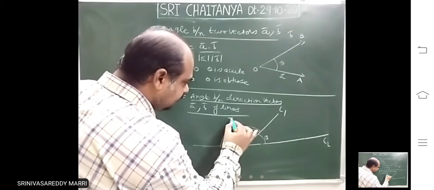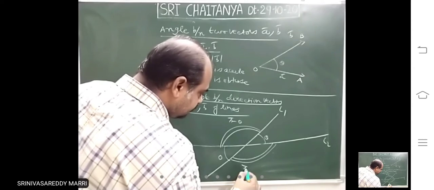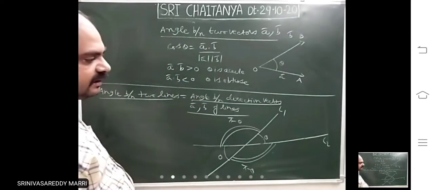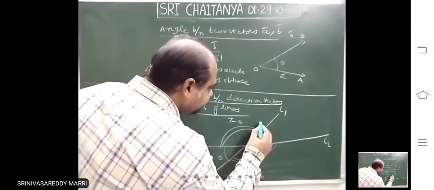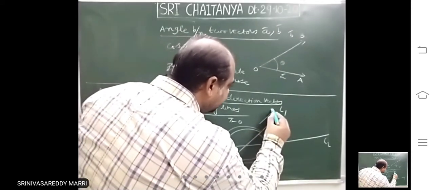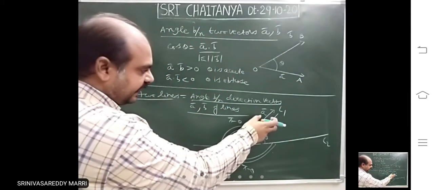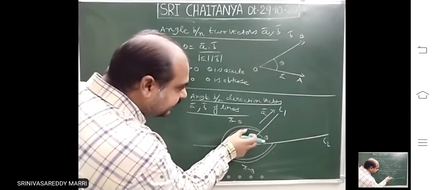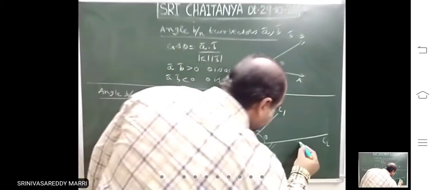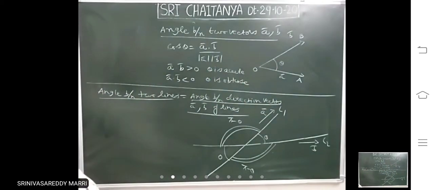Then this angle is what? Pi minus theta. This angle is also pi minus theta. If one is an acute angle, the other will be an obtuse angle. Now look at it, the line has a direction vector, A bar. For the line, there will be a direction vector. Yesterday I told A bar. Let us say this line has direction A bar, and this line has direction B bar like this.